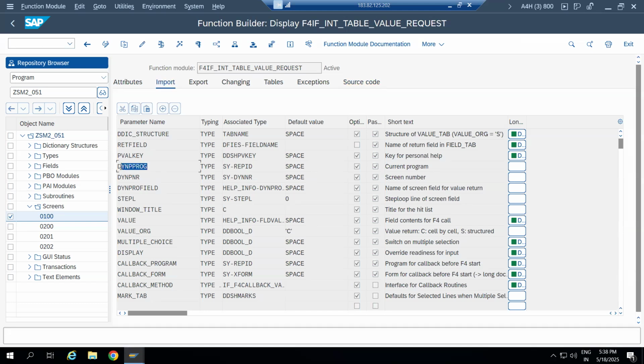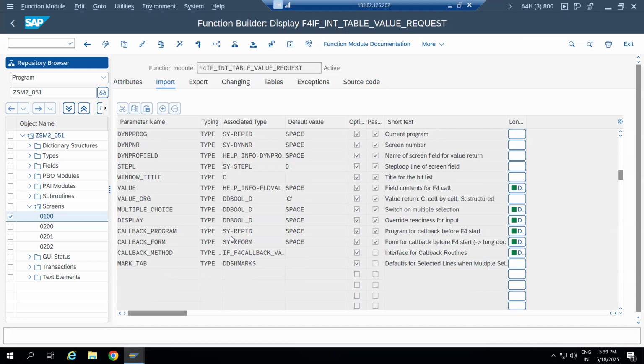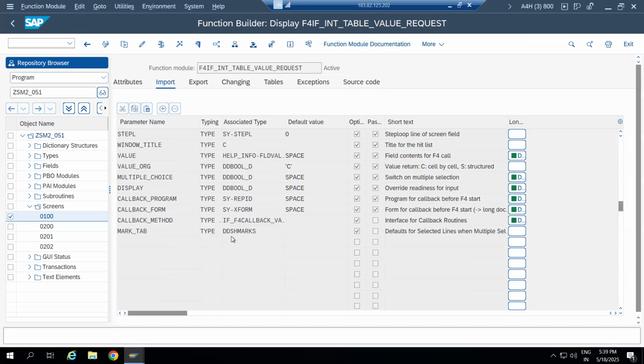See, Dyntrog. What is the short text? Current program name. Dyntrog number, screen number. So this we have to pass this one. See, in the program also, sorry, in the function module also they have written. And what I'm searching for,